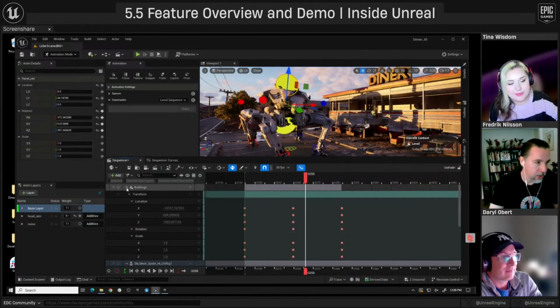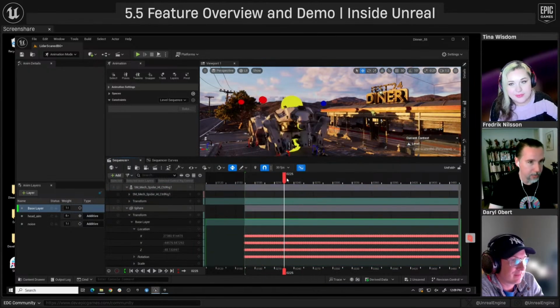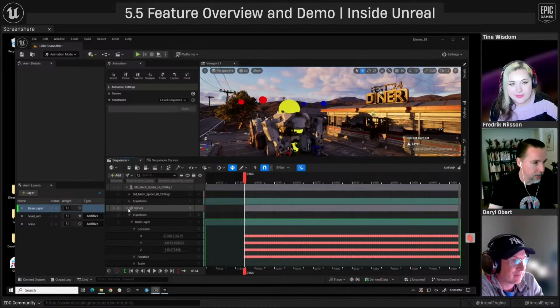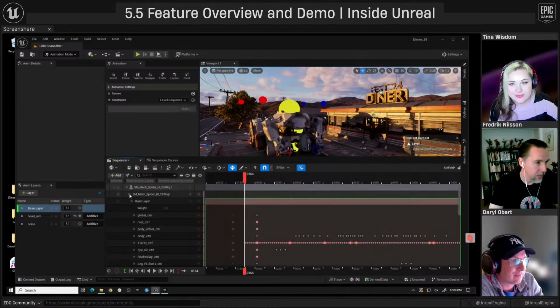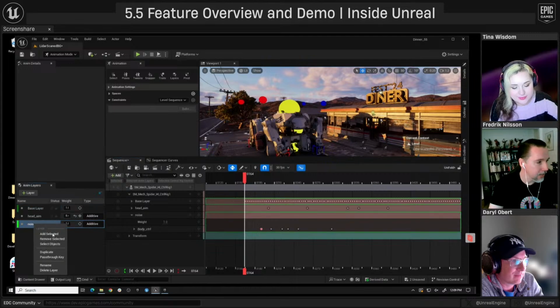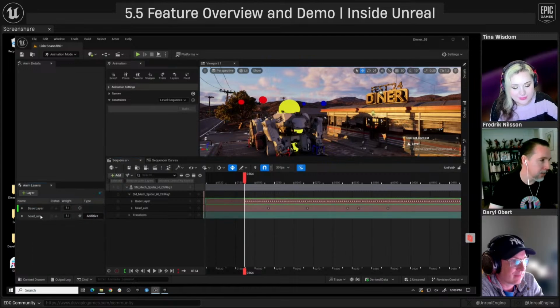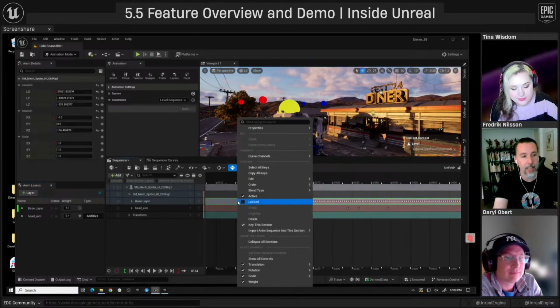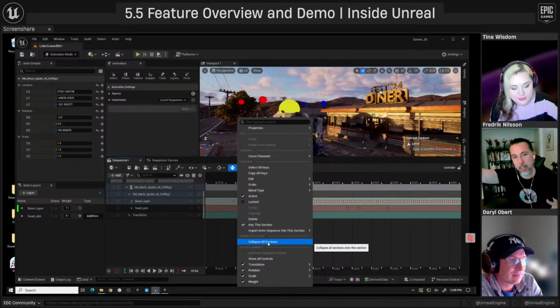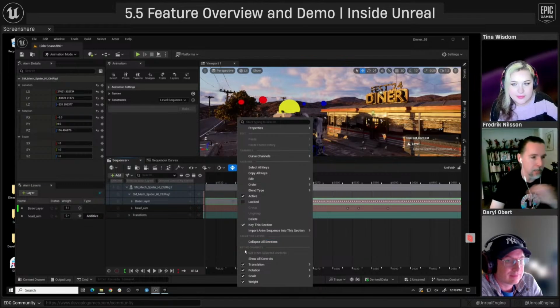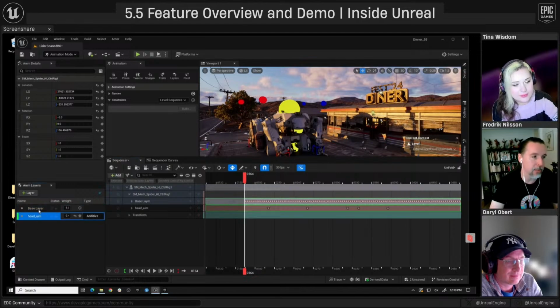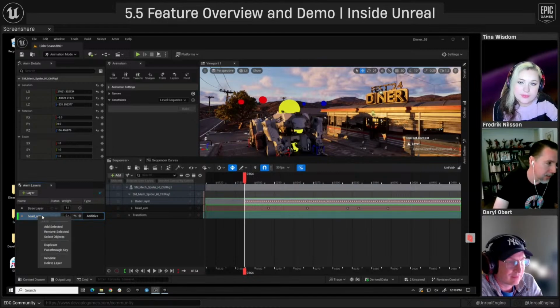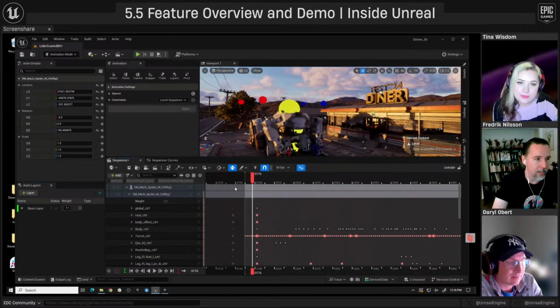I'm just gonna get rid of this building from the sequencer because I don't want to animate anymore. And I'm gonna get rid of this sphere. I'm gonna get rid of one of the layers, delete this layer. Oh, that's what I was gonna show is you can now merge layers of just selected. So before, if you used sections in the sequencer, you had to collapse everything. It was this collapse all sections, basically just collapse everything into one big transform. Now, if you had multiple layers, you can just select the ones you want to merge together, and they would merge just them. So that was also new. I'm going to delete this layer as well. Don't need it. So now I'm back to just a single layer.